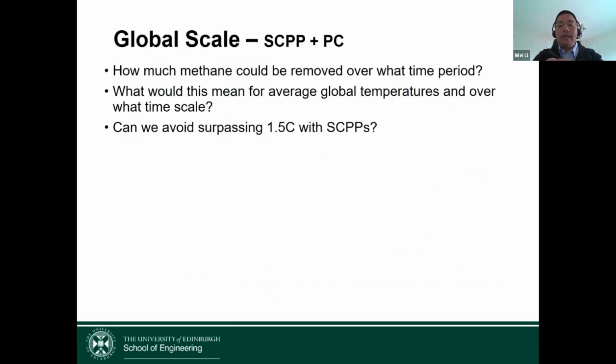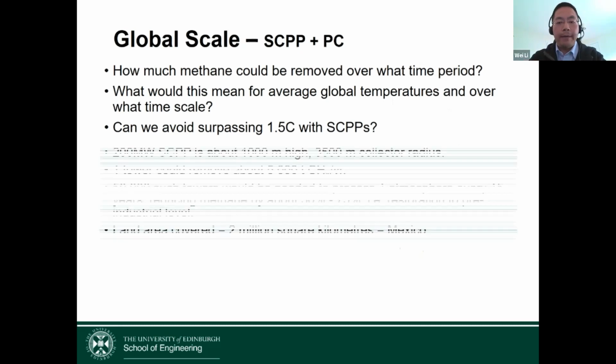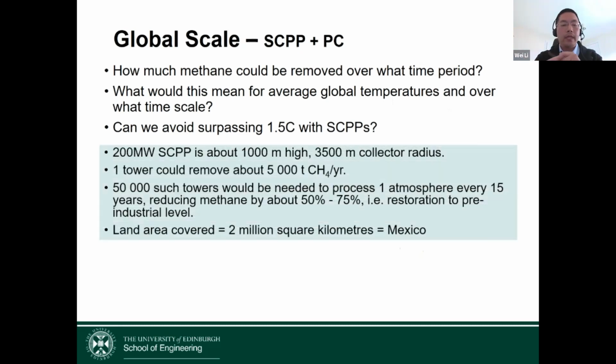It is mentioned many times now here, a large scale. So how large can the scale be? I can give you two examples. First, for a 200 megawatt solar chimney power plant, one such tower could remove about 5,000 ton